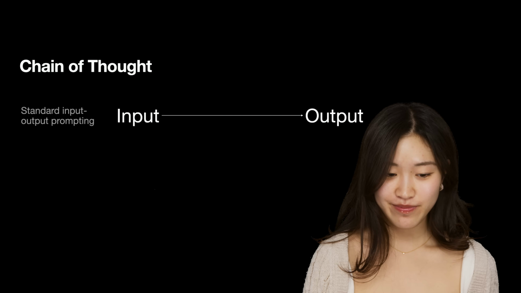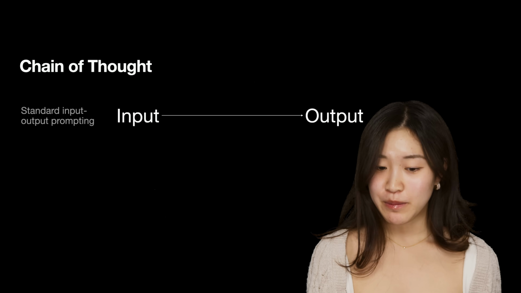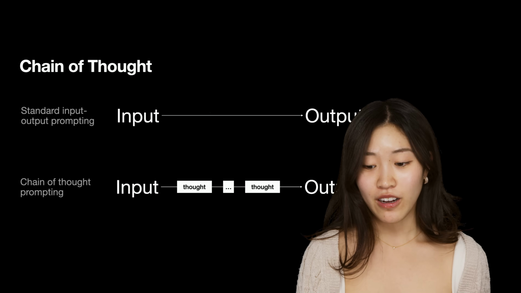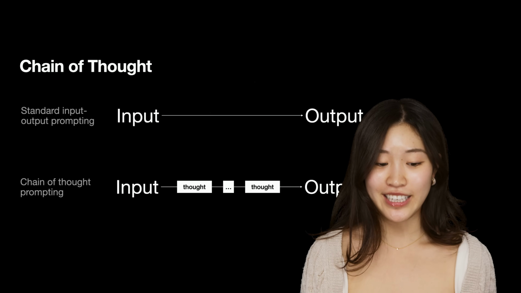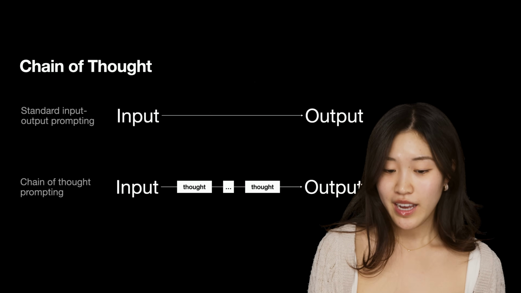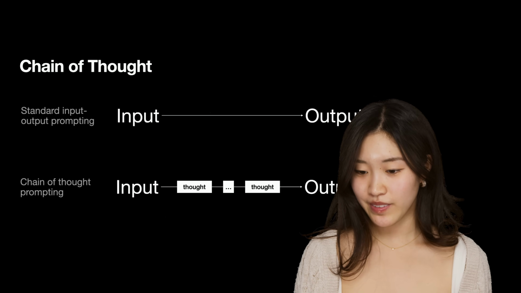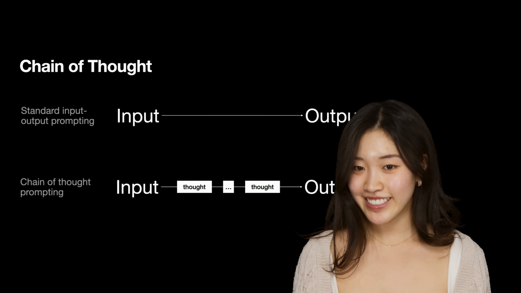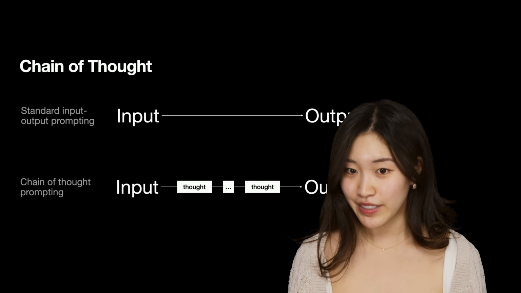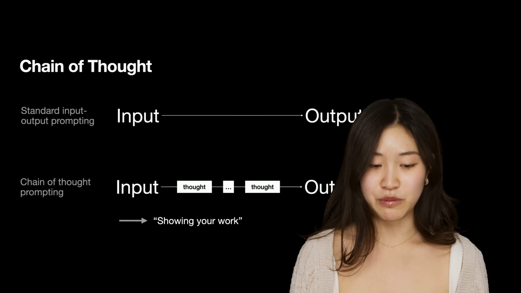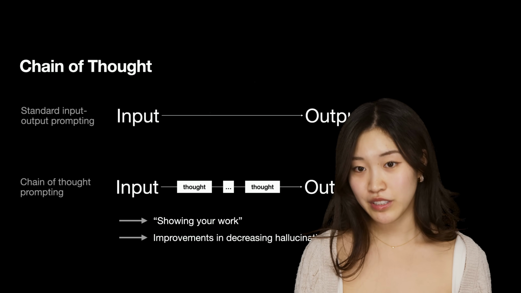There have been more recent developments that specifically target hallucinations, such as chain of thought and tooling. We know the standard input-output prompting for LLMs, but in order to reduce hallucinations, there's a technique called chain of thought that is used to get the model to show its work by breaking up a prompt into smaller logical steps and having the model answer each of them. It's kind of like having an analyst explain their thought process instead of just giving you the answer. Now, it's worth noting that this does not fully eliminate hallucinations, but it does reduce them significantly.